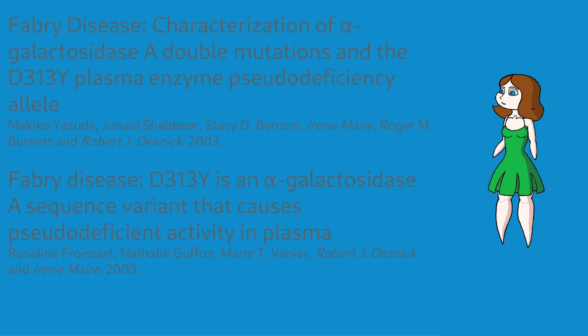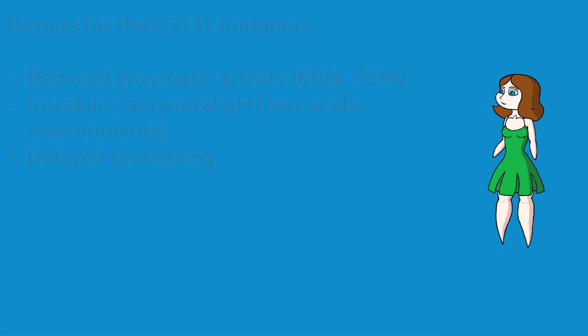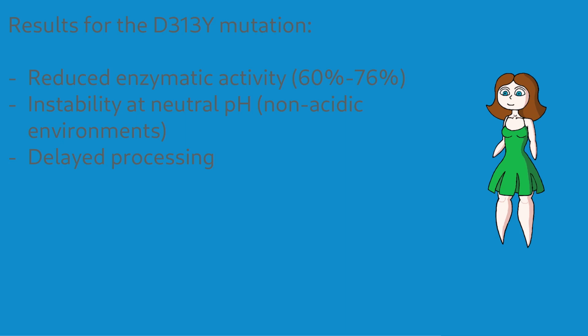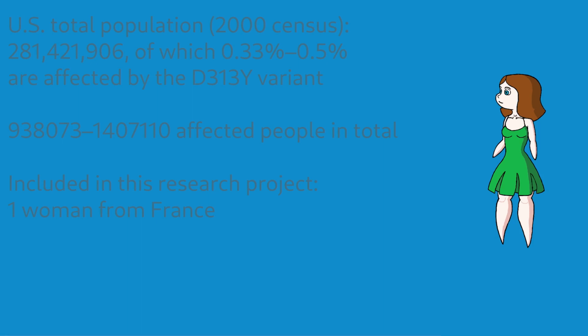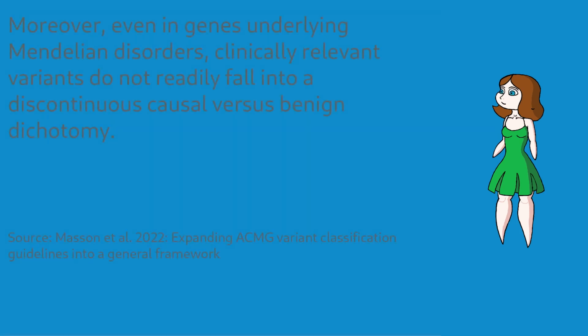The rumor started in 2003 when a team from the Mount Sinai School of Medicine in Manhattan, New York, in cooperation with a French team, ran some laboratory tests on the mutated enzyme. They found that, while this mutation is bad for the enzyme, it's not as bad as the other mutations that were included in this research project. Additionally, out of over 1 million affected people in the US, they presented one healthy person with this mutation. From France. The logic is, of course, either all have symptoms or none have.